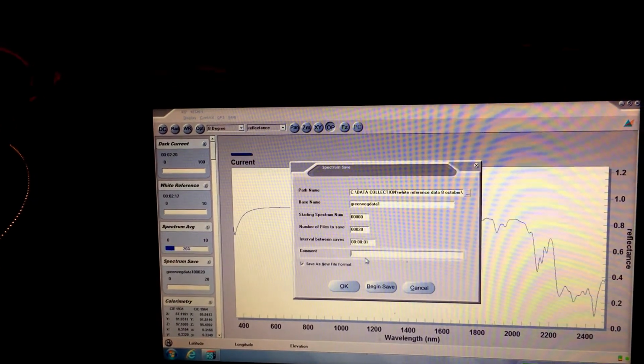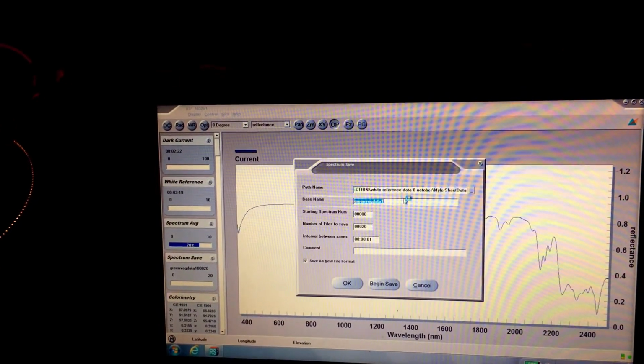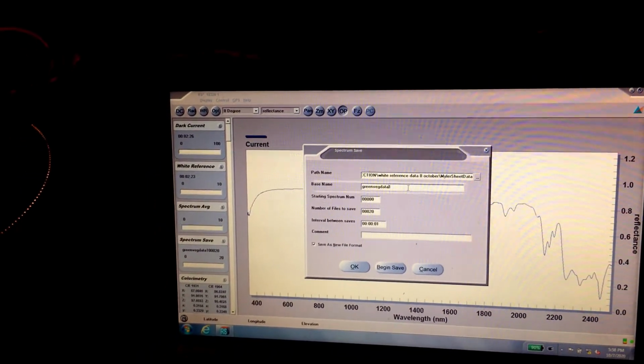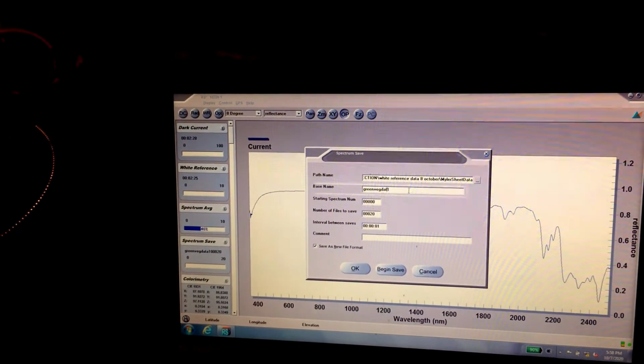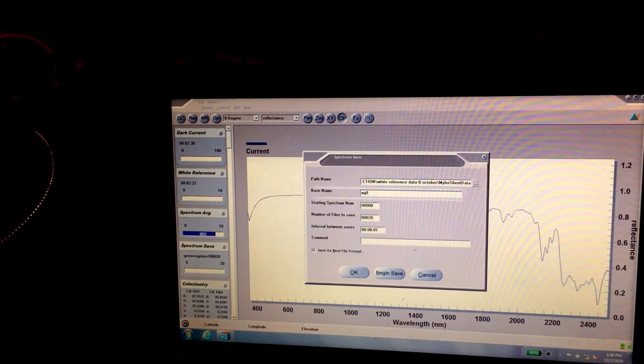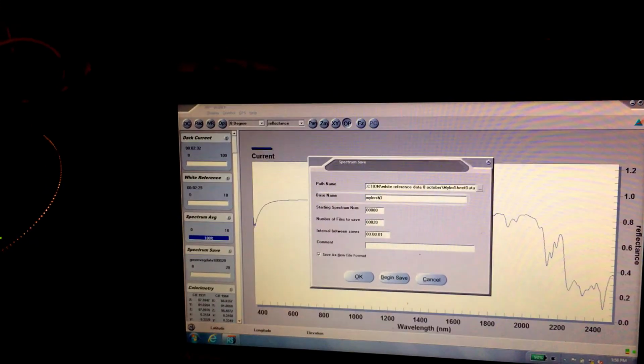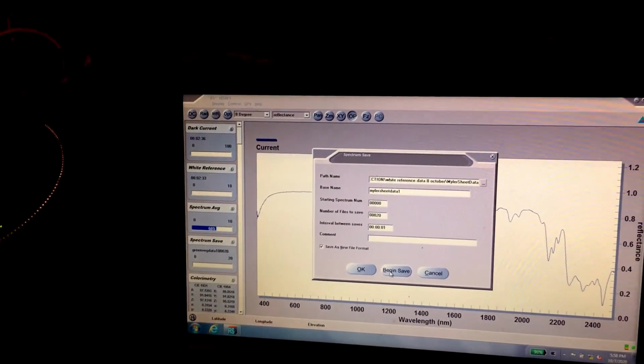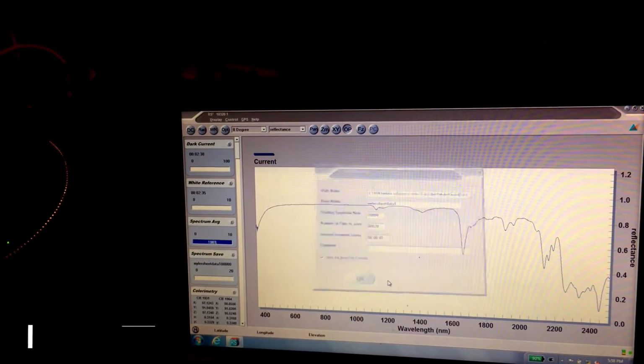Now the folder is selected. Now you have to give the base name. The base name I am going to give here is Mylar sheet data 1. Now you have to click Begin to Save.